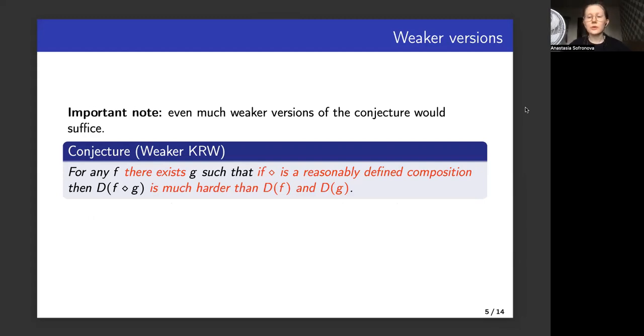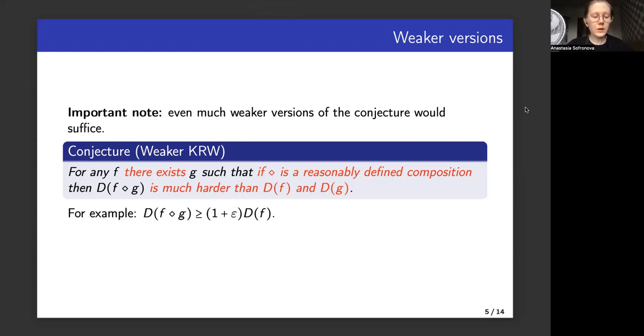Now, suppose that for any function f, there exists a function g, such that if we define a composition of this function in any reasonable way, then after composing f with g, the depth of the Boolean formula would be much larger than just the depth for f and the depth for g.